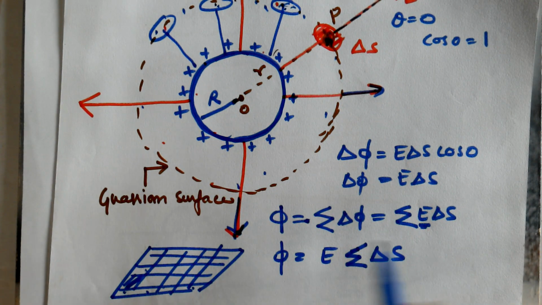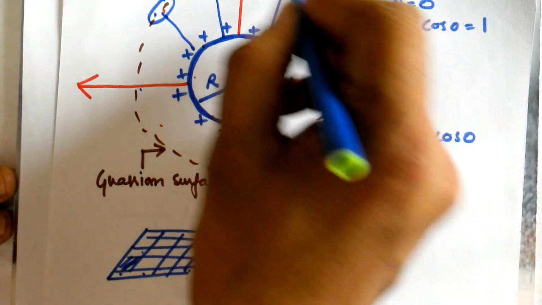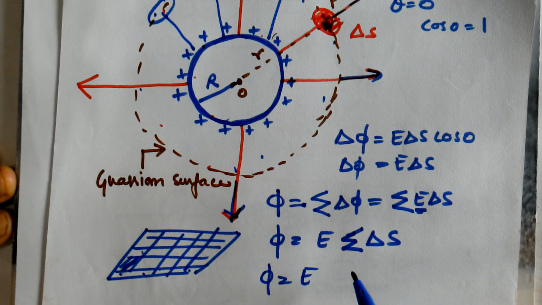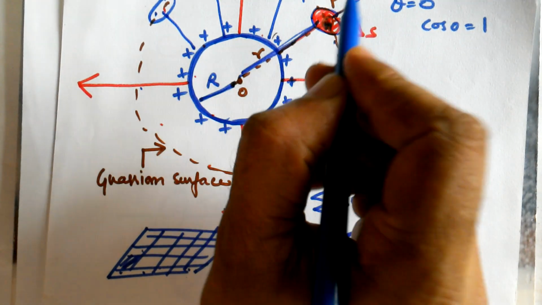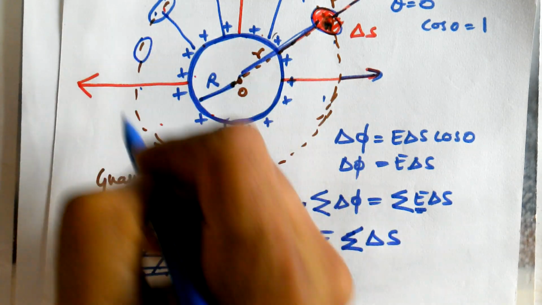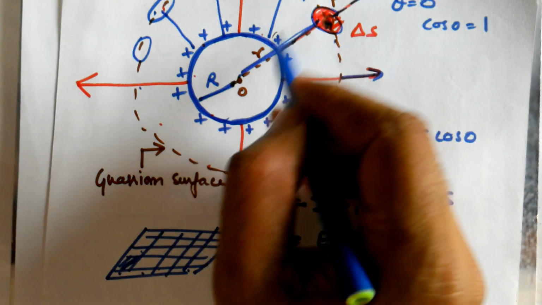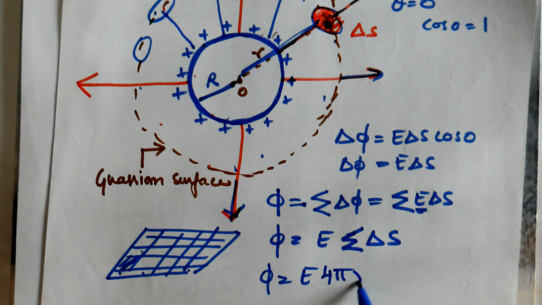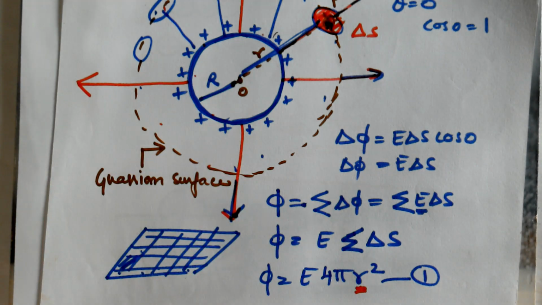So what is this sigma delta S? So flux through the entire Gaussian surface here is equal to E into the surface area of this sphere. Surface area of any sphere is 4 pi r square. Now which r? Whether it is this r or this r. You see, this type of areas are spread over the surface of this Gaussian sphere. So you should get the area of Gaussian sphere. That means this radius, 4 pi r square. So one equation. Usually in the examination under pressure, there is a chance that you will write this r as capital R. That is different. But we are going to use the capital R also later.